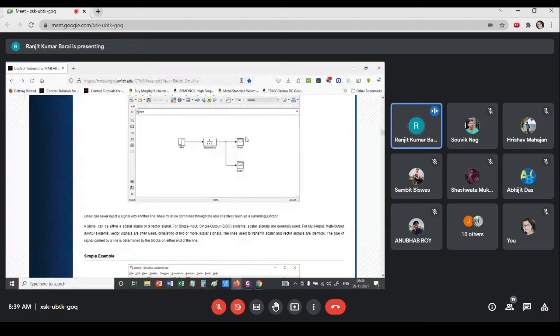You need not place as many oscilloscopes as you require from the list by drag and drop. Just drag and drop only one oscilloscope, right click on it, press somewhere inside this area, right click again and then paste. So first copy and then paste. In this way you can generate multiple similar blocks, and the name will automatically change. This is scope and scope 1.